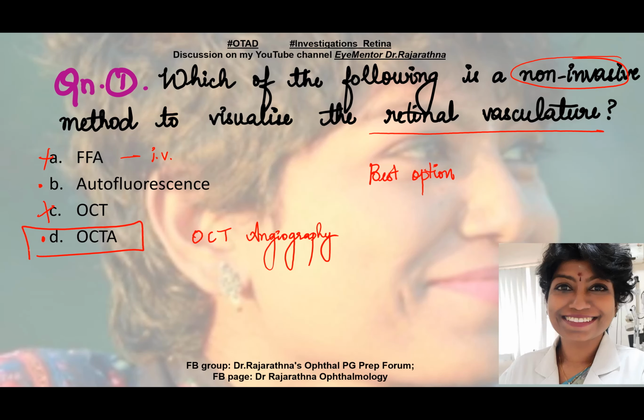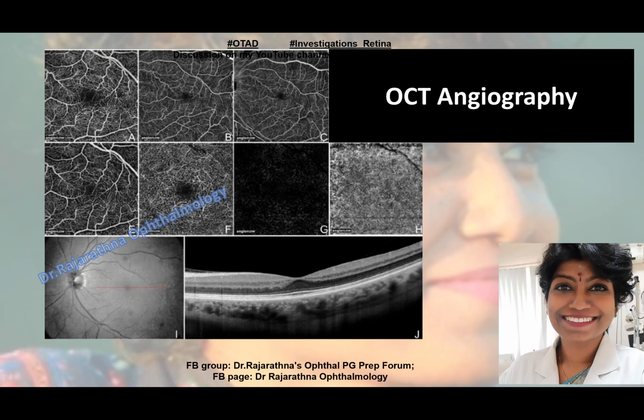So what do you see on OCTA? Let's quickly take a look. Now OCTA, this is the way you get your output. Now look at this part of your picture, the eye. Now this shows my fundus. Okay, so this is the area of the retina that I'm going to investigate. And you see this raster, do you see this red line? So this red line indicates the area where our OCT is being taken, actual OCT is being taken.